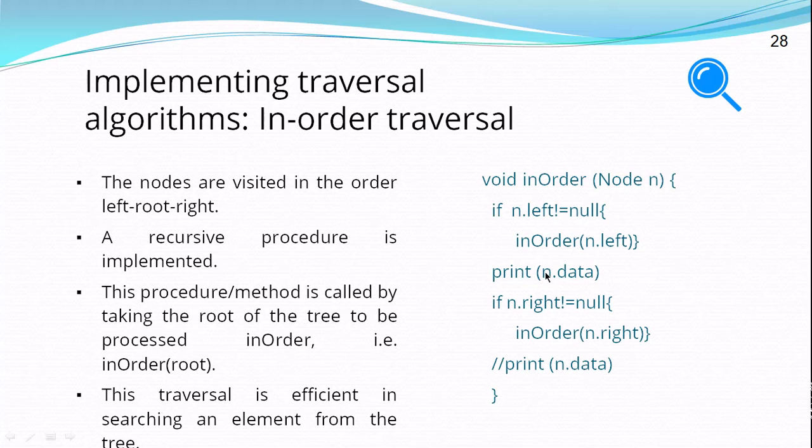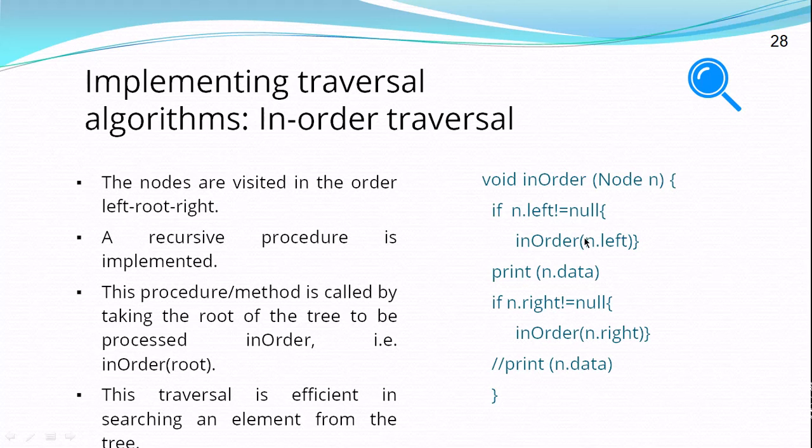Left, root, right. So what I'm doing is to explore the left branch. How do I do that? Well, I'm just going to run this routine on the left branch, and I get the left branch by looking at n.left. Sorry, it's going to return a node,